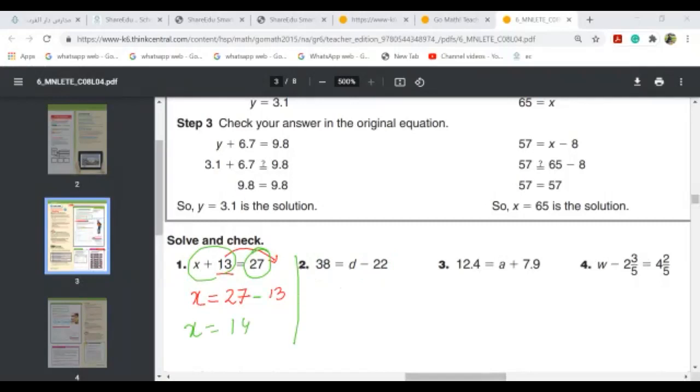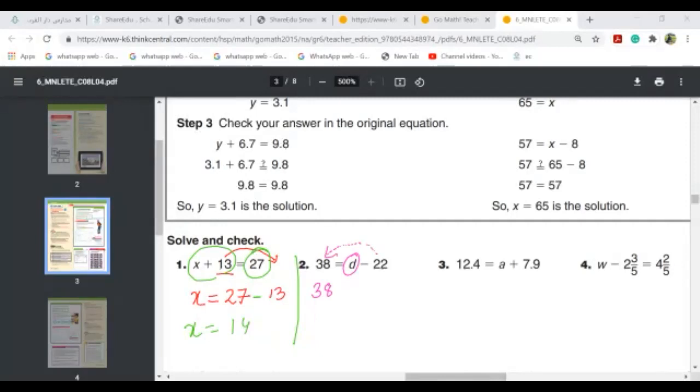Do with me one more, Malak. This is 38. What do I want? What do I have to find out? I have to find out D. If I want to find out D, this minus 22 must walk